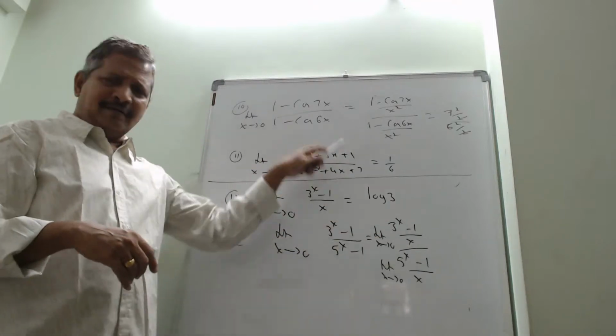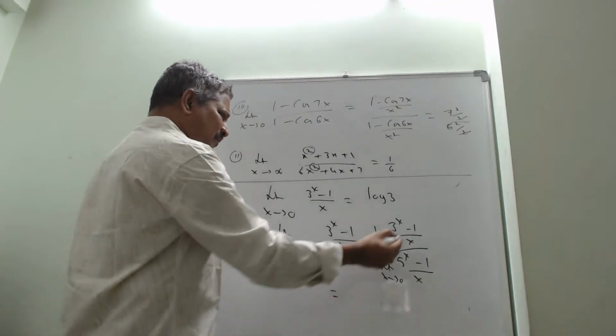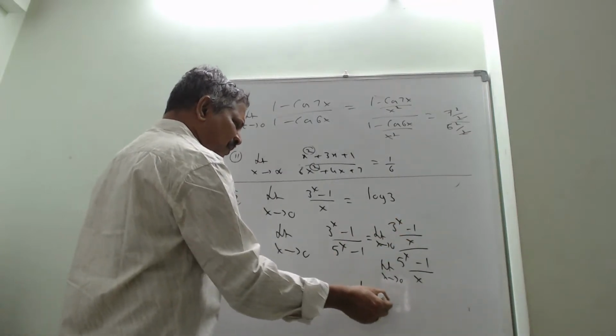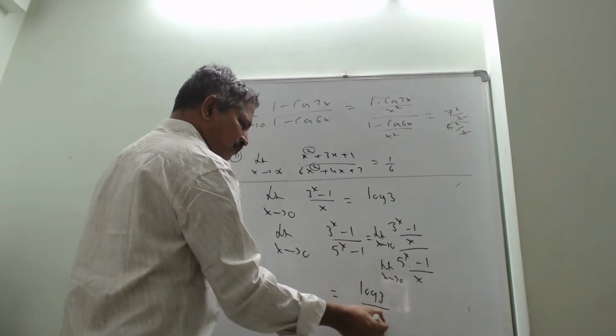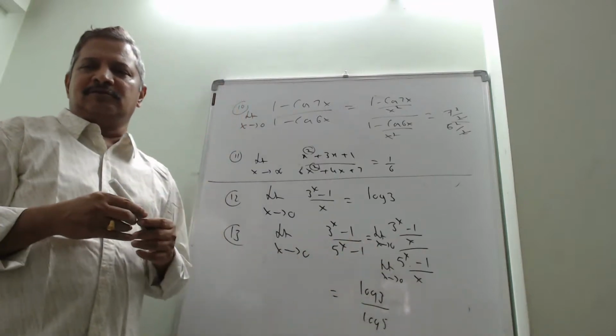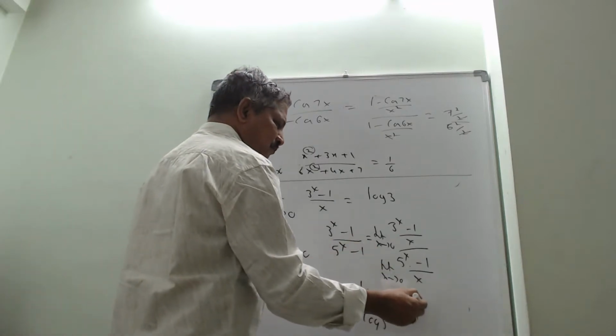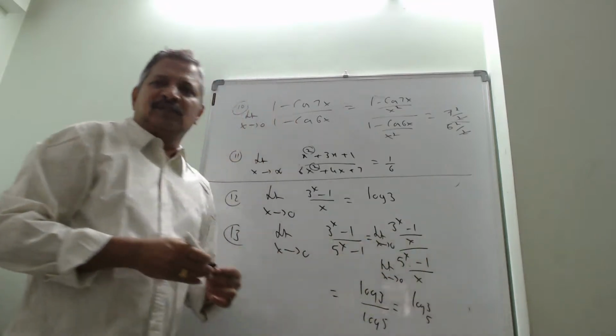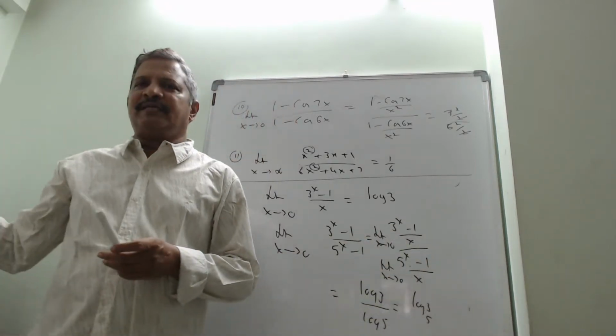Now you see, separated, x divided. We know that this is log 3, and we know that this is log 5. So the answer is log 3 by log 5, or log 3 to the base 5. Next,